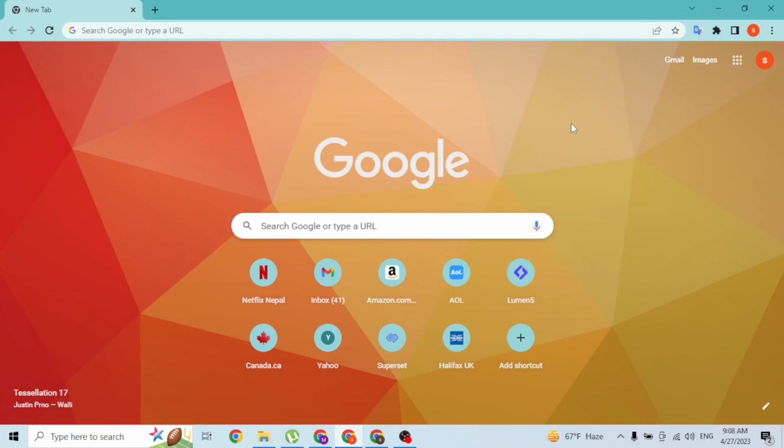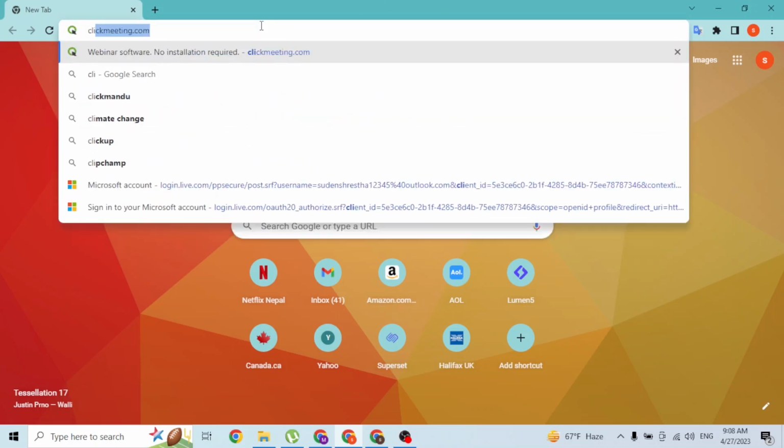Today I'll be showing you how to sign up for a ClipChamp account online on your computer, and now let's dive right in. Now, to sign up for a ClipChamp account online on your computer, first open up your preferred browser, as I've already opened Google Chrome, and in the search bar, click over there and type in the address clipchamp.com